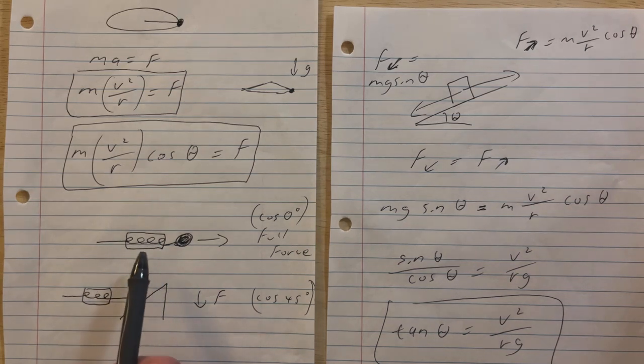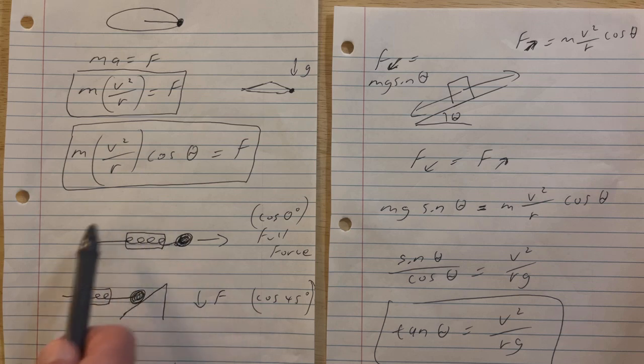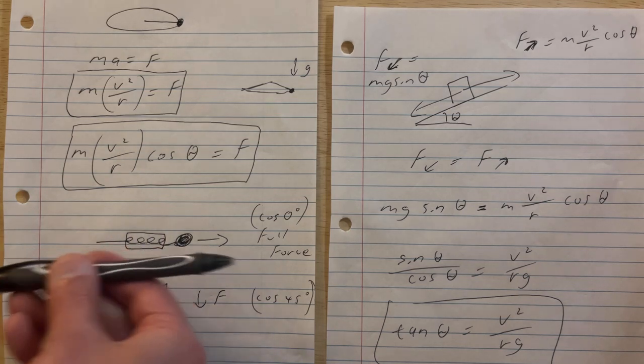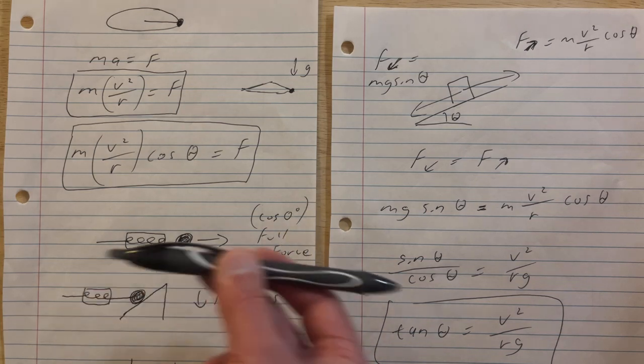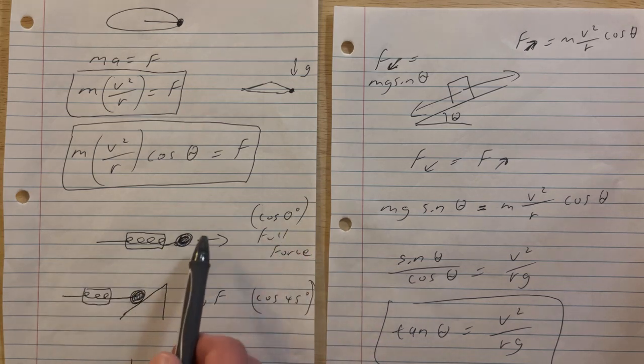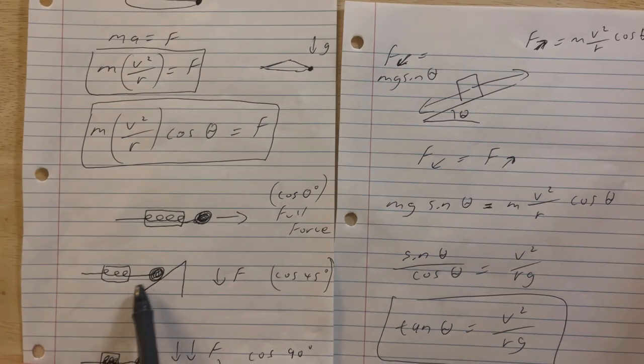Say you're in outer space, in a space station, swinging this over your head. It wants to go out completely horizontal. So cosine of 0 degrees, 0 degrees is horizontal. That means there's the full force on this scale, or full tension on the rope. Now, if we're swinging this around our heads and there's a banked curve here, say 45 degrees or so,